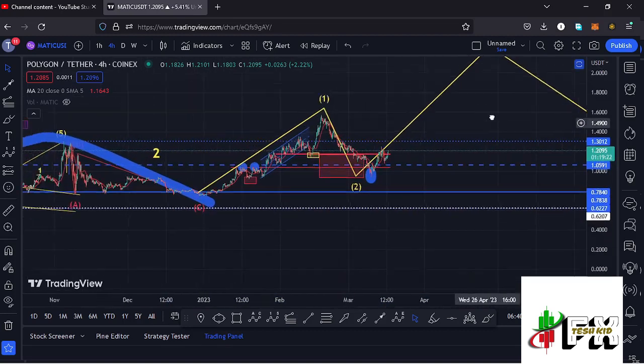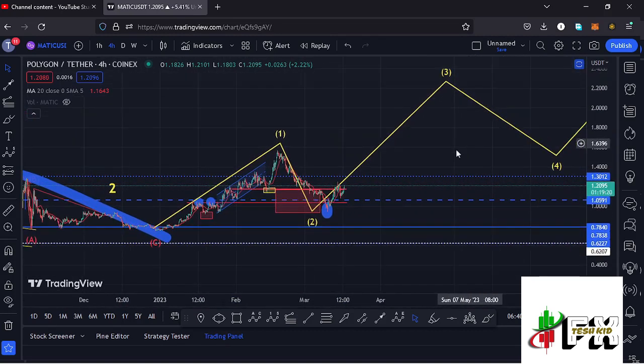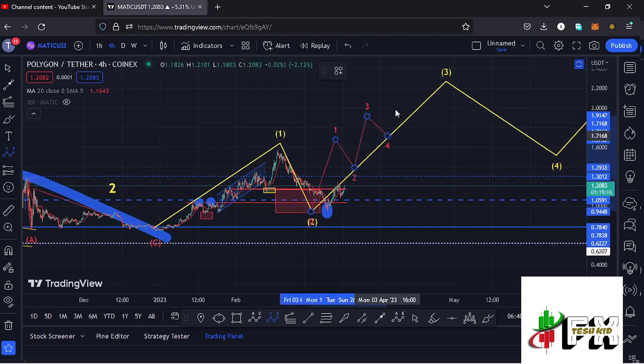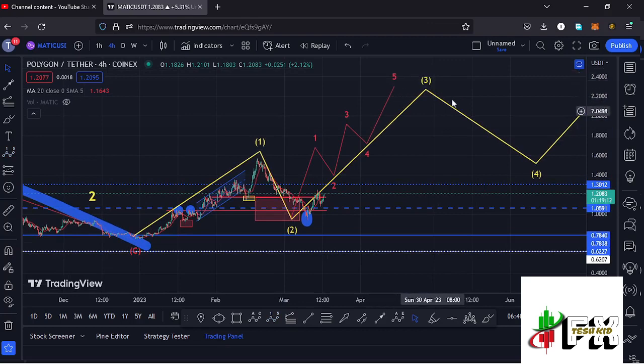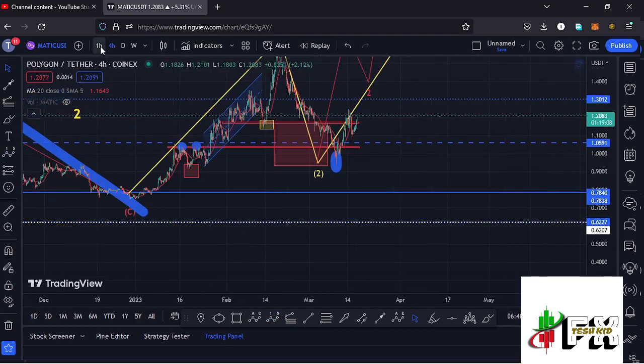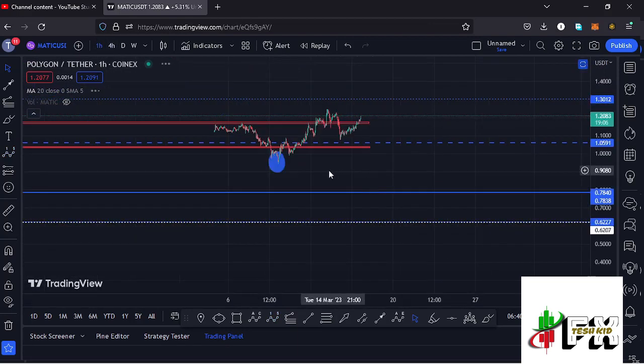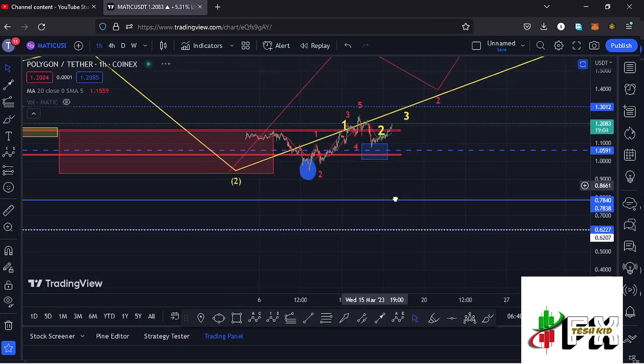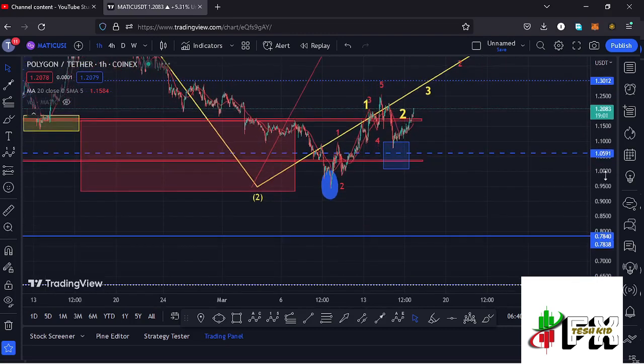And in the formation of that wave 3, which is an impulsive wave, I'm also expecting to see a 5-wave structure in formation within the formation of that wave 3, having the wave 5 giving us the high for that wave 3 and also fully maximizing our target areas to the upper side. And I believe we are seeing such a scenario here on the 1-hour chart. So jumping to the 1-hour chart for further analysis and also give you the short-term scenarios that I'm expecting to play out,